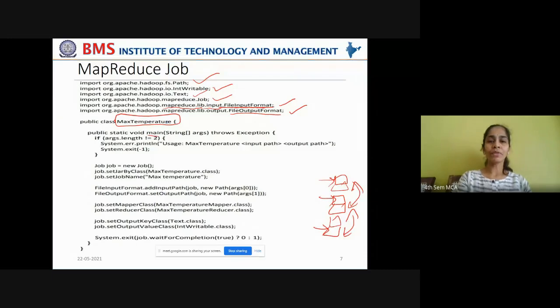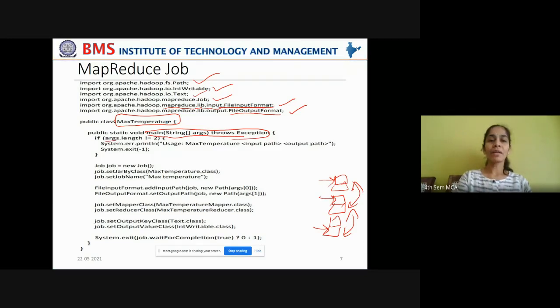Okay, so you start with the main function. This is the actual class which packs the job for us. So this class should have the main function. The public static void main throws Exception, if any IO exception arises, or in general if any exception arises, including IO exception, interrupted exception, right? If any of such exceptions arises, it can be handled by the system itself directly.